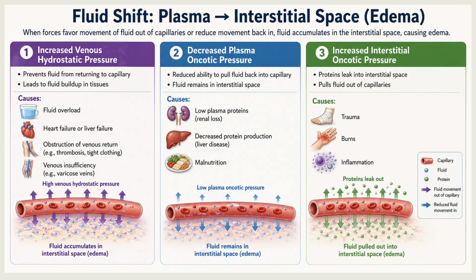Increased venous hydrostatic pressure is one common cause of this and can occur with heart failure, fluid overload, venous obstruction. Patients with heart failure, you're going to see that they have a lot of edema, right? And that is because their venous hydrostatic pressure is increased. So instead of the venous system pulling the fluid back in to take it to the heart, the venous system's hydrostatic pressure is high, and so it's pushing the fluid back out into the tissues instead of pulling it in.